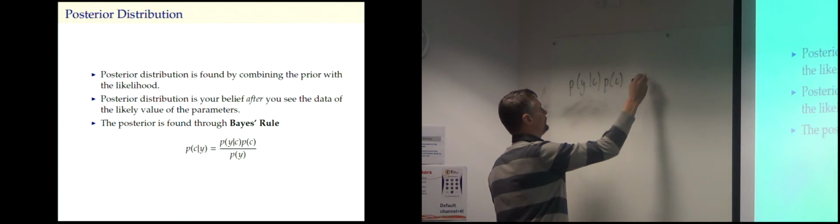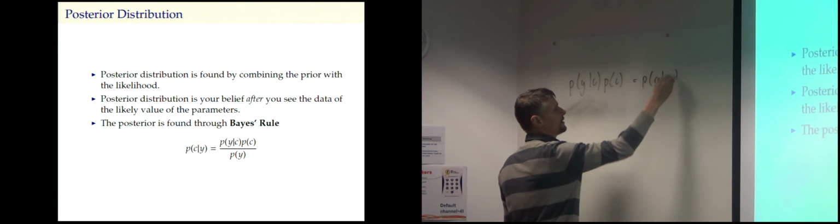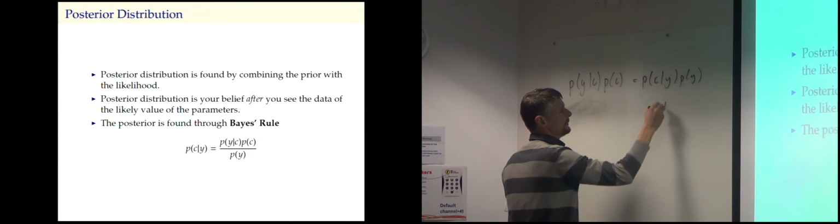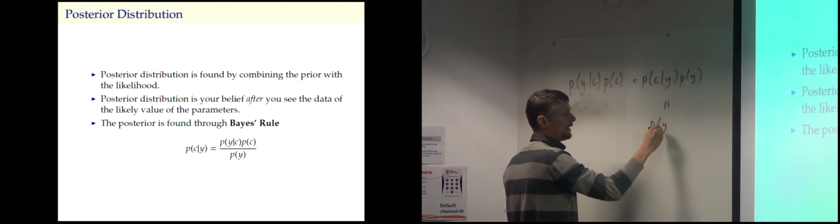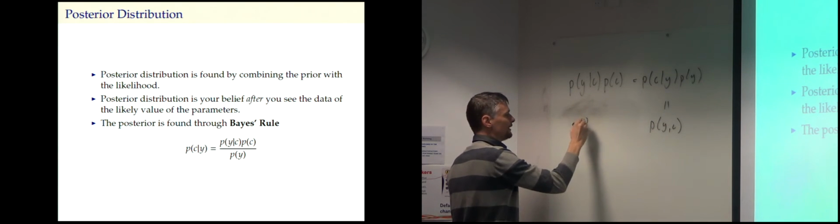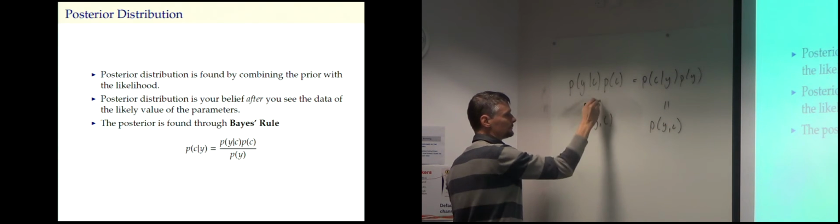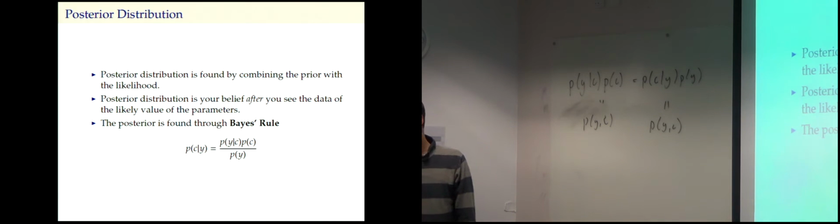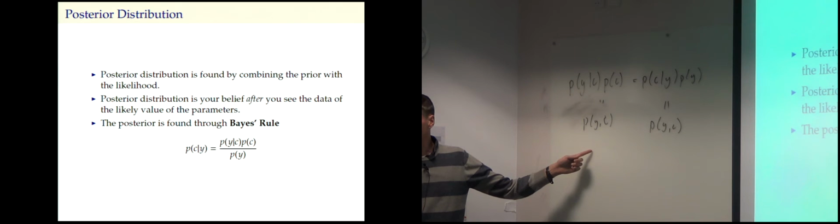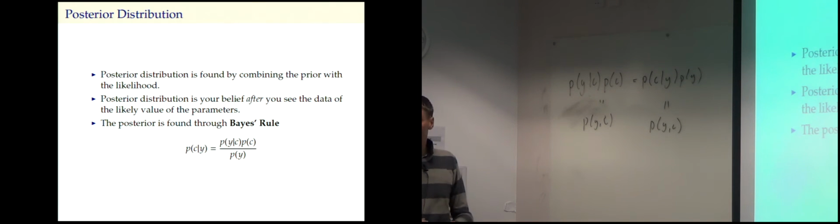Yeah, P of C given Y, P of Y. Why is that the case? Because that's P of Y comma C, and that's P of Y comma C. Yeah? That's called the product rule. Apparently, if you know the product rule and you have the ability to divide,